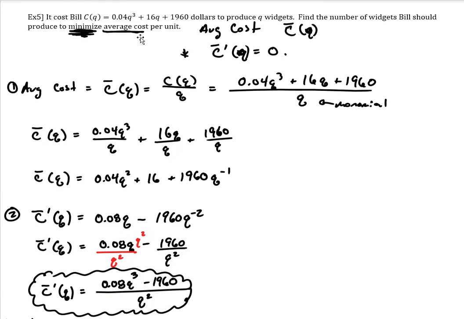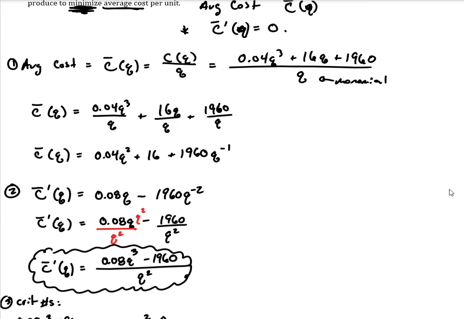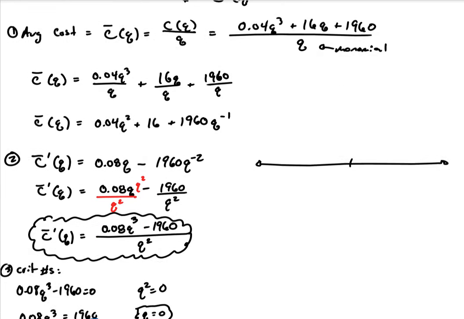Okay, so 0 would always minimize something like this in this application, but again, we're assuming he's actually going to make these widgets so that eventually he could sell them. All right, so anyway, 0 is not important to us. Instead, I'll make a number line, like we usually dealt with. And let's put that